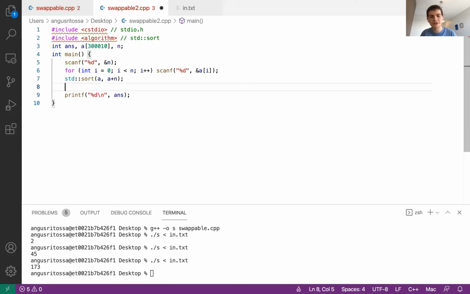Next, we want to compute how many of each value there are. We're looking for contiguous runs, so our array could be like 1, 1, 2, 2, 4, 4, 5, and we look for contiguous things with the same value. To do that, we can just keep track of the current run. So let's say current length is equal to 1. This corresponds to just the first element in the array. And then for each other element,